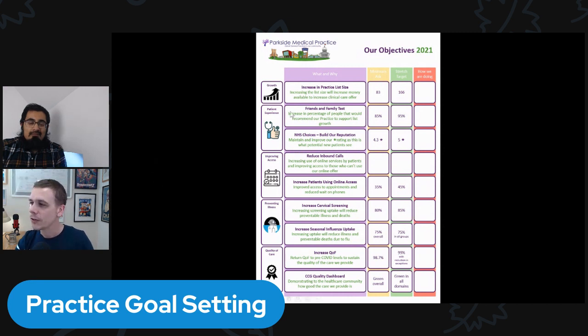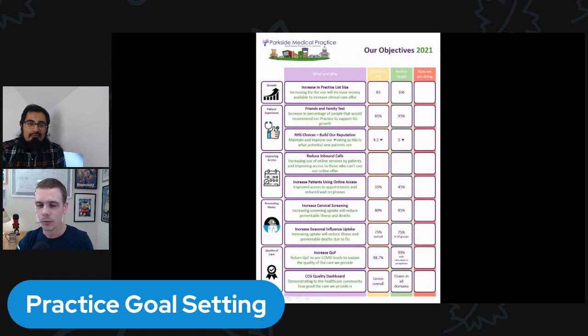So we've sort of identified some areas. So growth is just a particular issue for our practice. We want to grow and make better use of the space that we have, because we're probably a little bit small for the physical space that we have available to us. But then other things that are really important to us and our patients, having listened to them previously, not this year, but previously in patient participation groups, are just the patient experience is really important.